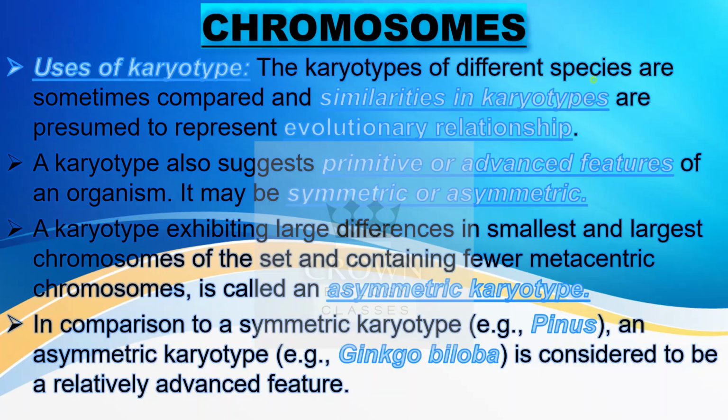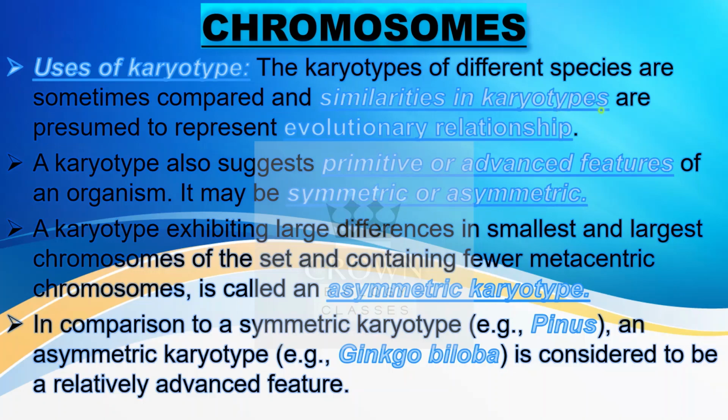Now I will be discussing the uses of karyotype. The karyotypes of different species are sometimes compared. And you know what a karyotype is? A karyotype is the actual picture of the chromosome set of a cell arranged in homologous pairs and in a series of decreasing size. When we compare the karyotypes of two different species, that means the chromosomes of the two species, and if we find similarities in karyotypes,